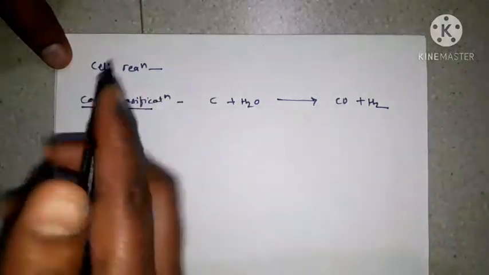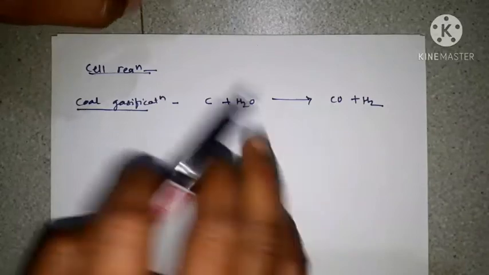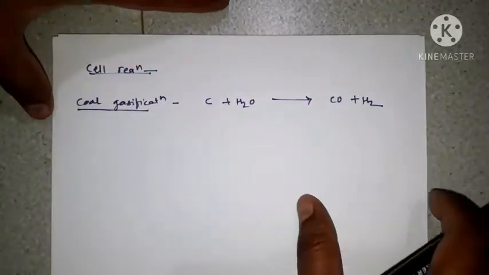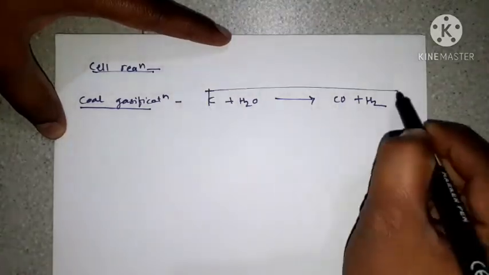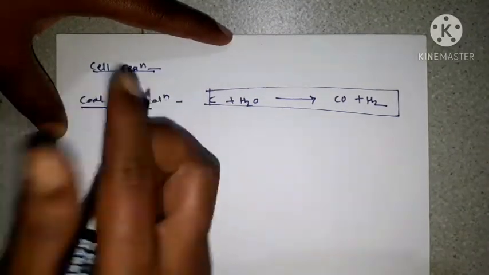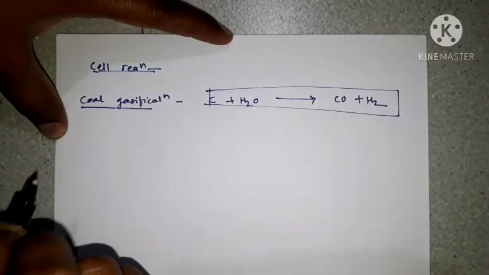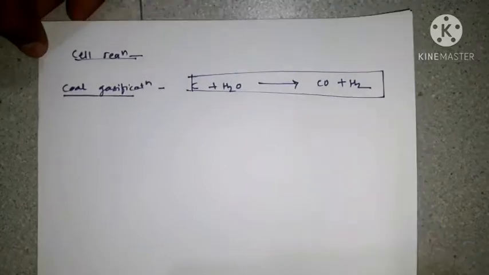You can write it in the cell reaction also, but the anode and cathode reactions are different. This part is only the formation of CO plus H2 gas. Don't write it in the anode and cathode reaction. So we have to write the